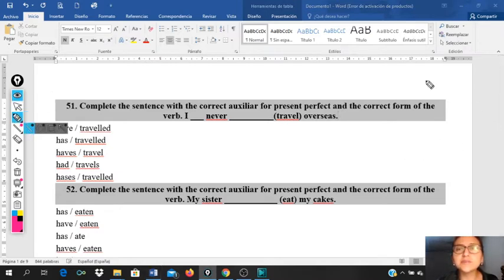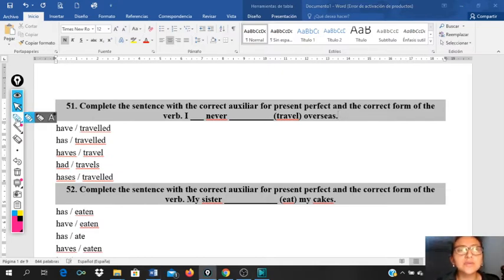What is the present perfect? Okay, very good. The present perfect is when we want to talk about an action started in past and the action still continues in present, continúa estando en o continúa realizándose en el presente, okay? So, for example, I have lived in Quito. Yo he vivido en Quito, okay?